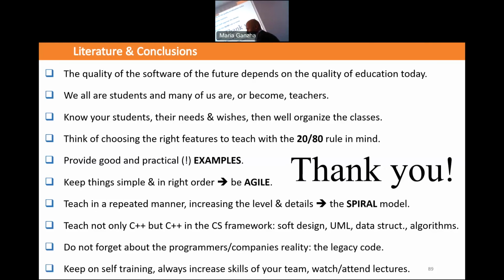Okay, I will open the time for questions now, and maybe just to start, I will put some questions. One concern for me, which is important: can we really teach C++ to absolute beginners? From my conservative point of view, computer architecture, algorithms and data structures, or at least C, should be somehow present before learning C++. What's new now? This is the first question.